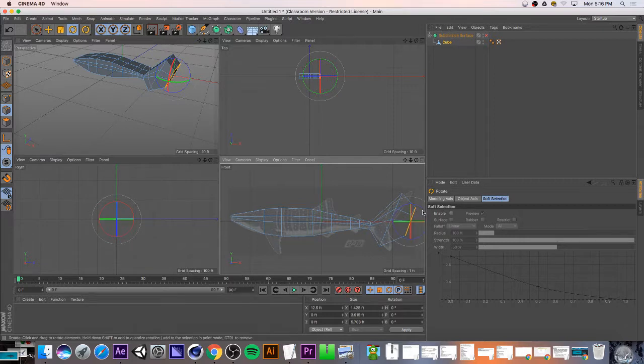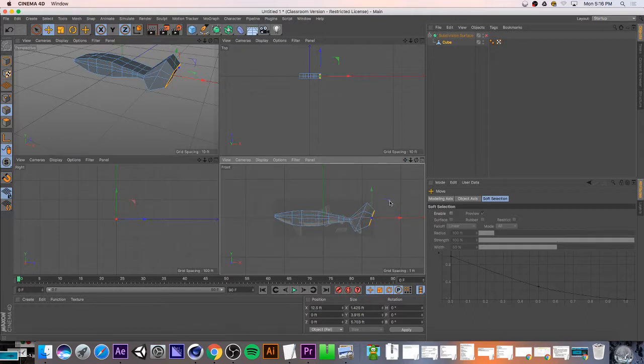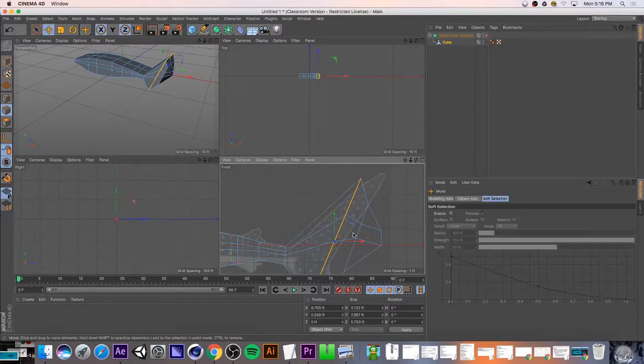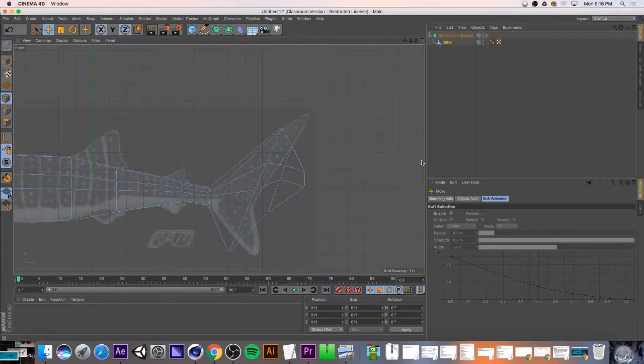Something about like that. All right, and here, in order to get this shape happening a little bit more, I'm going to need to